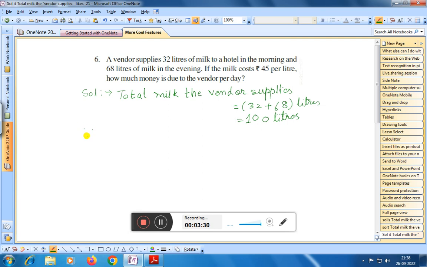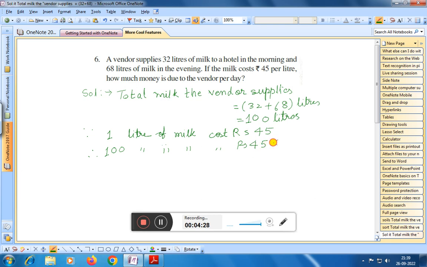Since 1 liter of milk costs rupees 45, therefore, 100 liters of milk cost rupees 45